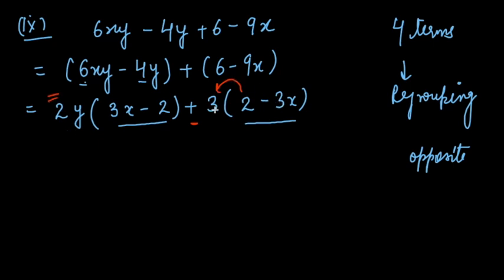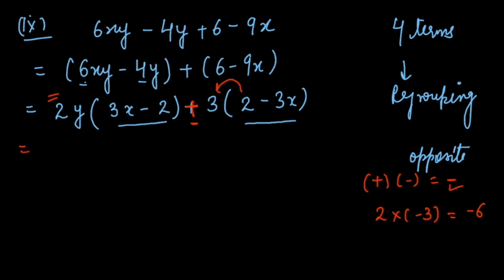So if I take a minus common, this time I have a plus here, and when you multiply a plus and minus, we get a negative sign, right? When you multiply 2 into minus 3, you will get minus 6. So it means plus is already here. When you take a minus common, that becomes minus.